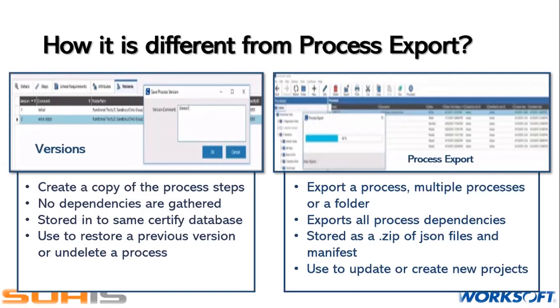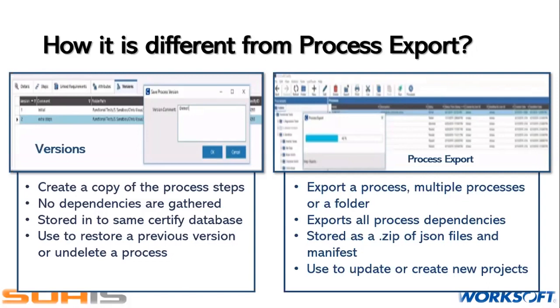If that process has any record set layout, that will be exported with the process, along with objects, folder structure, application version, everything. And whenever we export something, it is stored as a zip folder of JSON files and a manifest file.